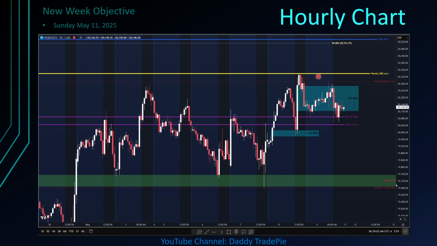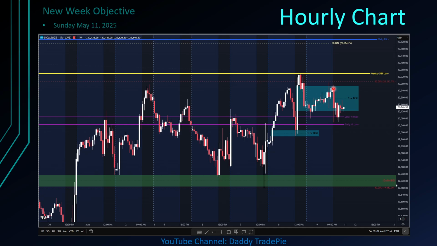And as you can see on Friday trading, we were spending most of the time before the opening bell in the lower half of the hourly BC over here. At 7, we had a little bit of volatility in the market, clearing both sell side and buy side liquidities.